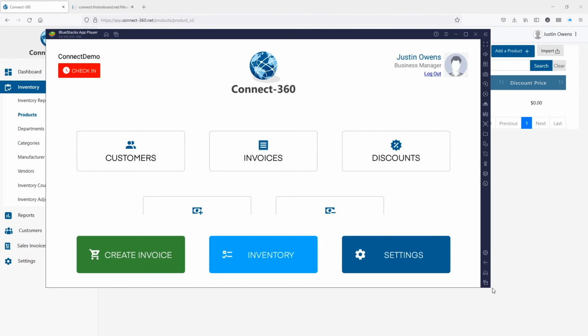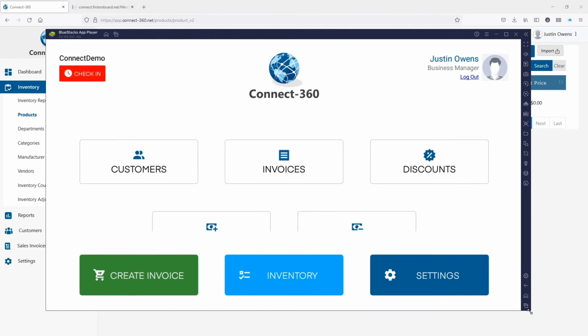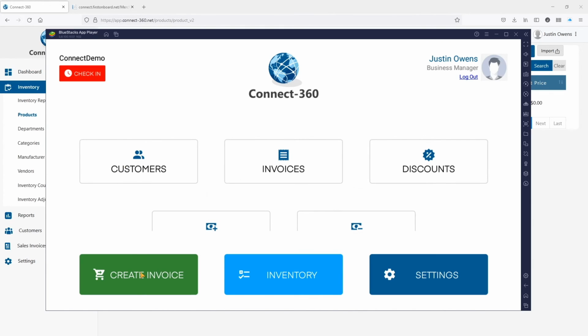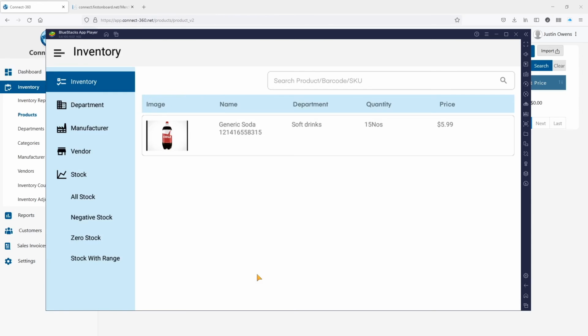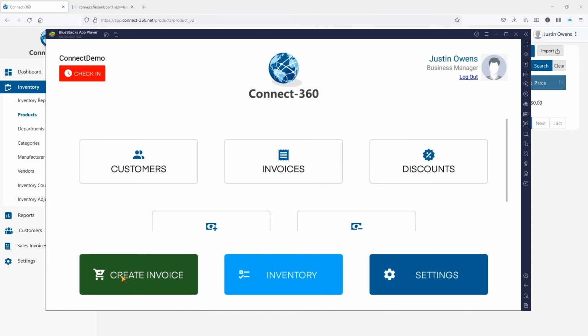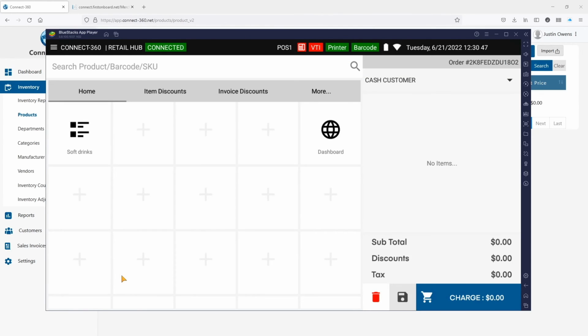Okay, so from this screen here, this will be your main settings or your main home screen, where you'll have buttons for create invoice, inventory, settings, customers, invoices, drop cash, and paid out. Okay, so we're going to go ahead and select our inventory, and you'll notice that our generic soda that we had just put in there has already shown up. Okay, I'm going to go ahead and go to home, create invoice, and we're going to go ahead and ring up our first